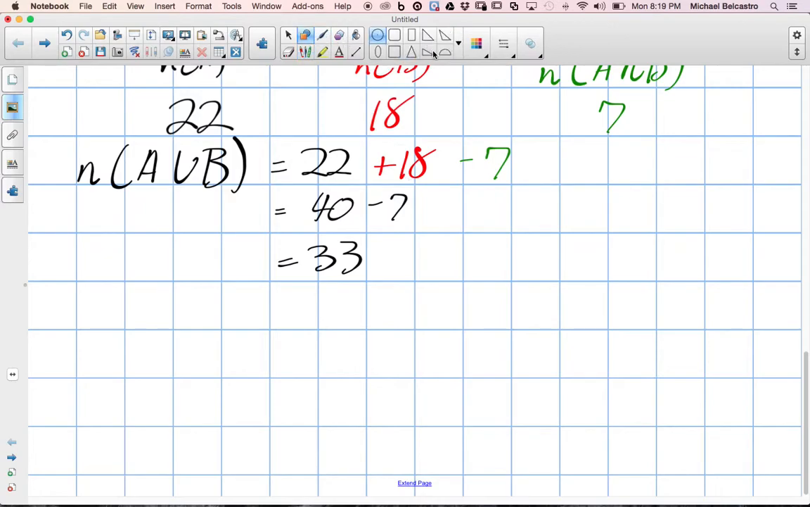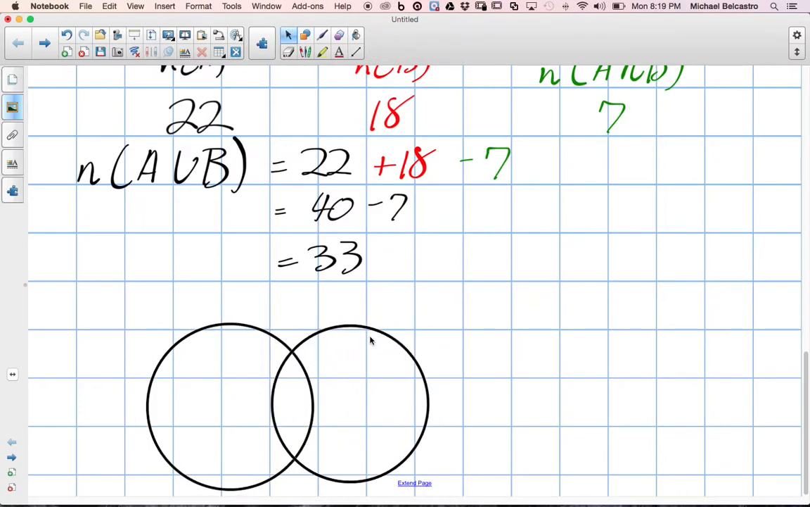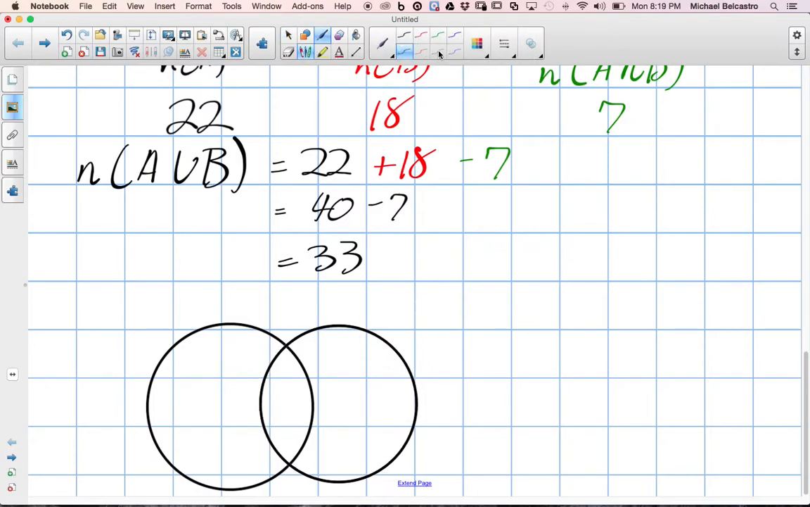But let's say we want to know exactly how many guys only play on the baseball team and how many guys or girls only play on the basketball team. What we do have is the number who play on both, and we know there are 7 of them. We know the total number here,